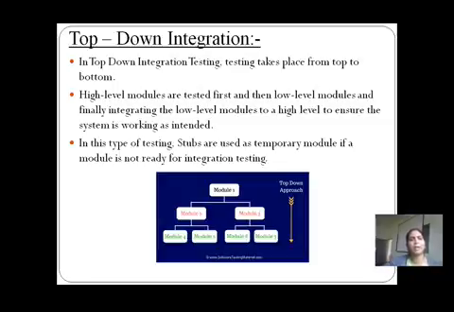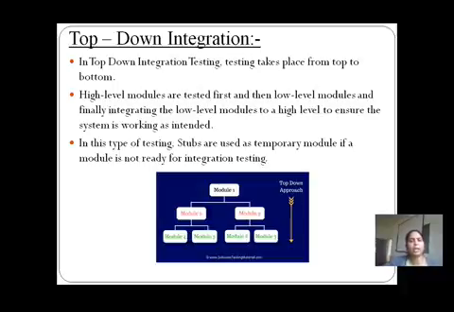So according to that, we can say that different types of testing are going to be performed by an organization. Whatever applications we have developed or are going to develop, they are divided into 3 levels: the top level or high level modules, then the middle level modules, and finally the low level operational modules.